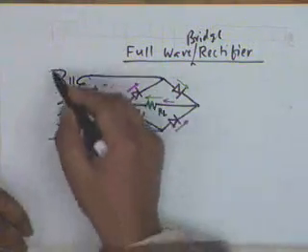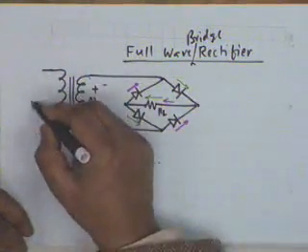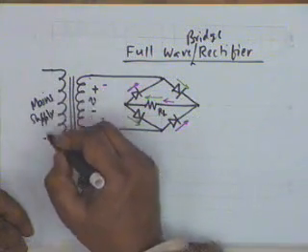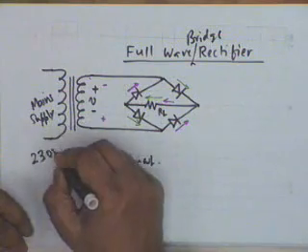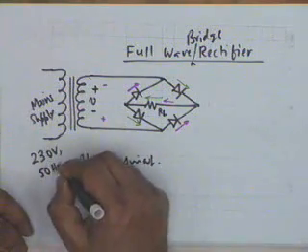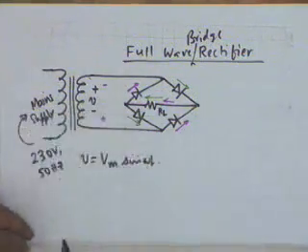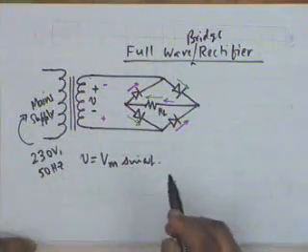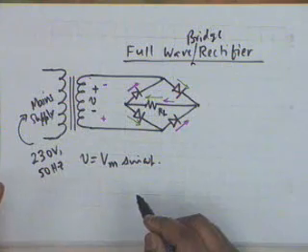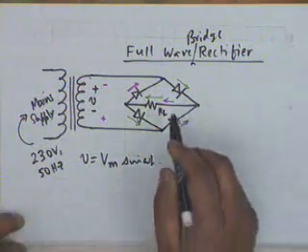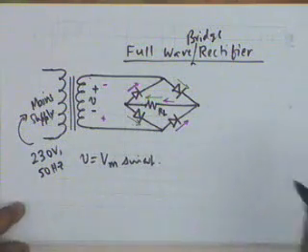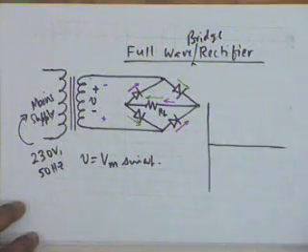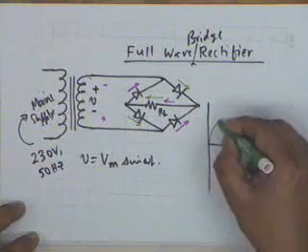I have shown this as a step down. This is the main supply, that is 230 volt and 50 hertz. All right. This is transformed into V, which is Vm sin omega t, and in both halves the current flows in the same direction through RL, and therefore if my voltage waveform is like this,